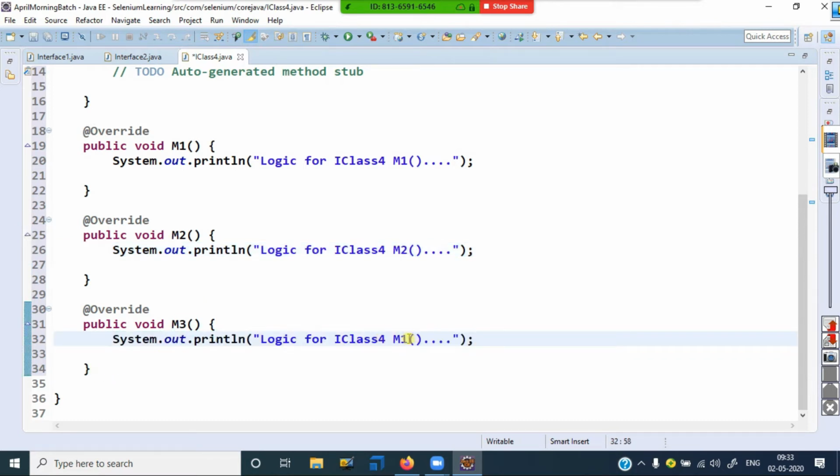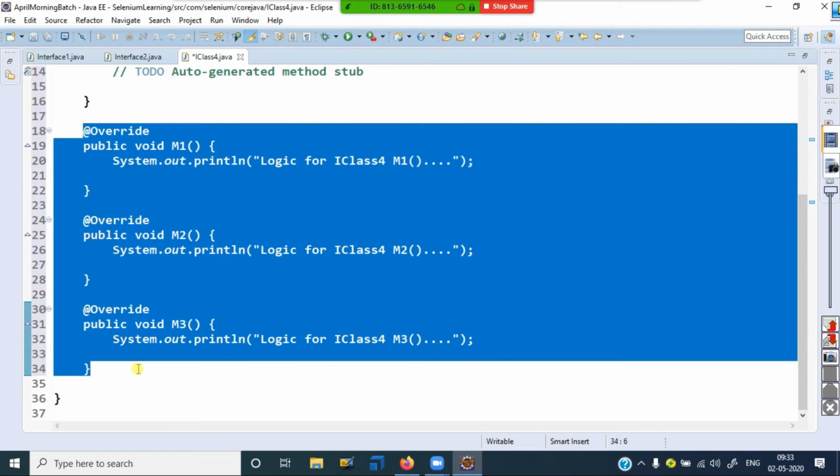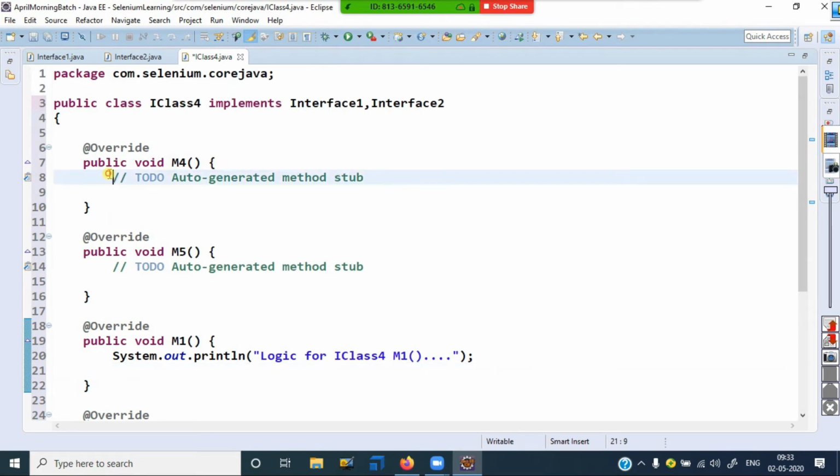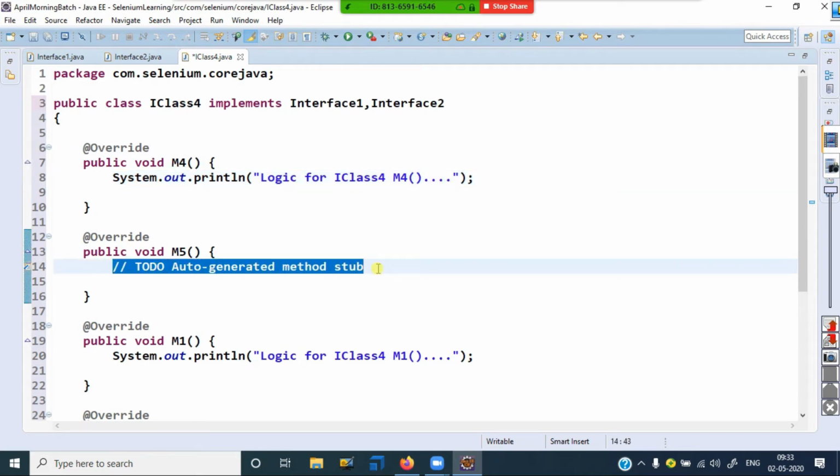This is method 3 I have, but these three methods belong to interface 1. Remember, these three methods belong to interface 1, but method 4 and method 5 belong to interface 2.